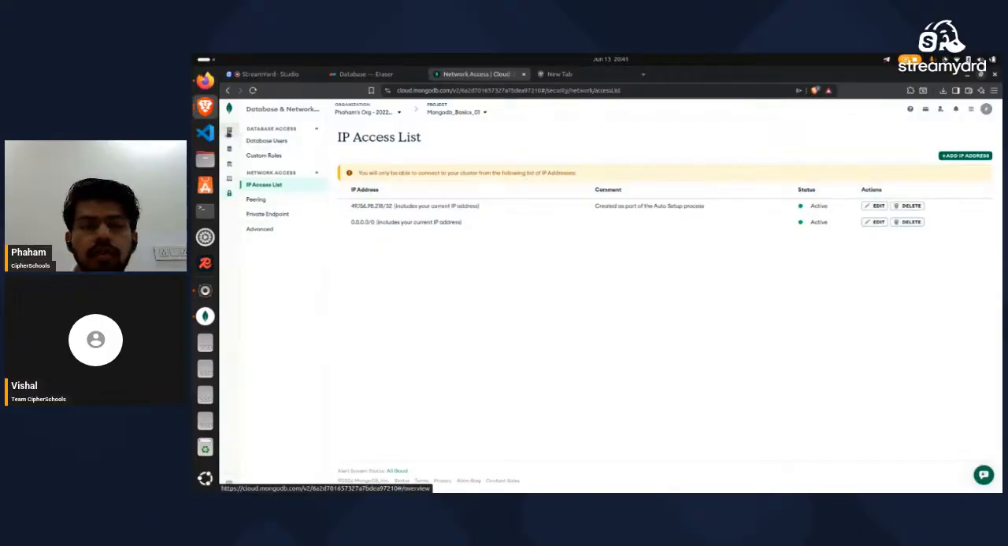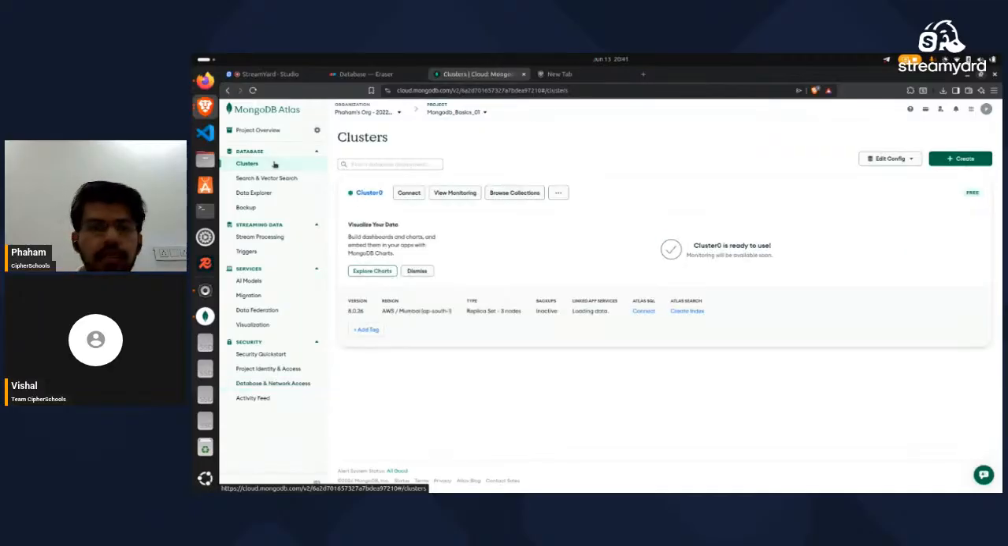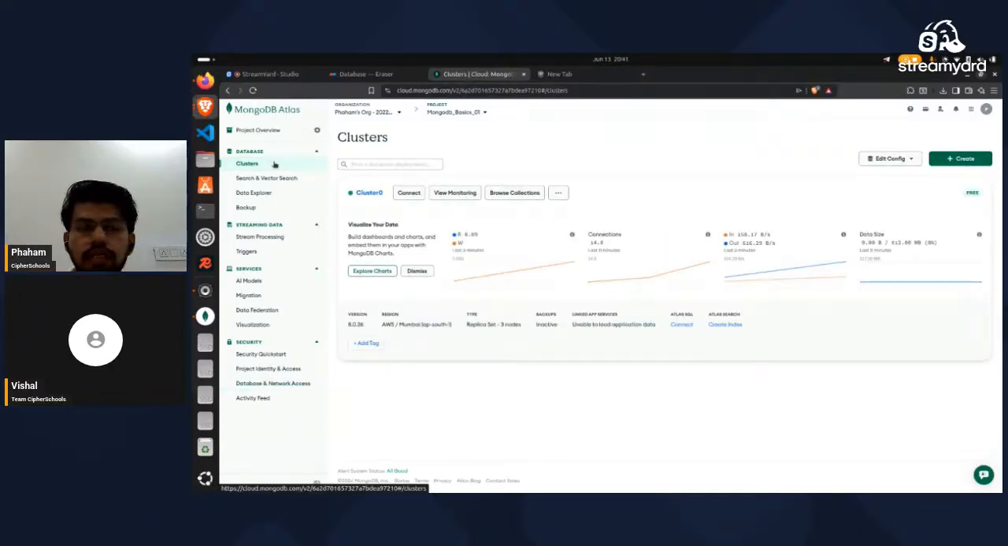So these types of things you cannot do with MongoDB Compass, but you can always head out to Atlas. That is a cloud version of the same thing, correct? You can always create clusters. You can always create some sort of databases. If you can just see it here,